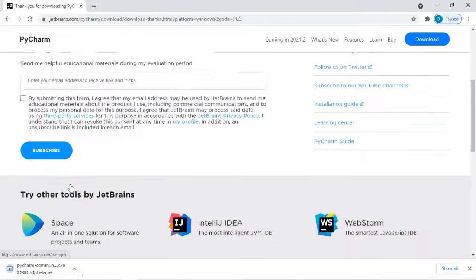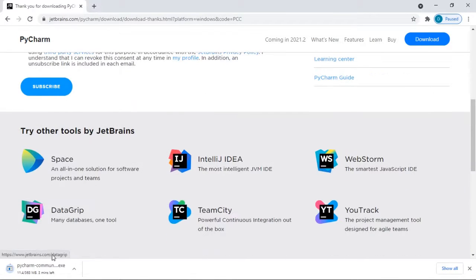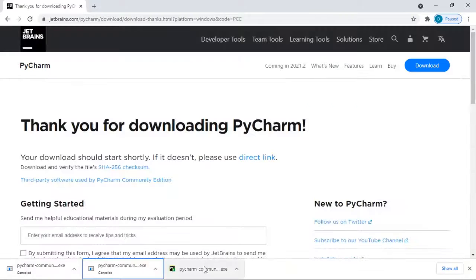The file is being downloaded. So the PyCharm community version executable file is downloaded.